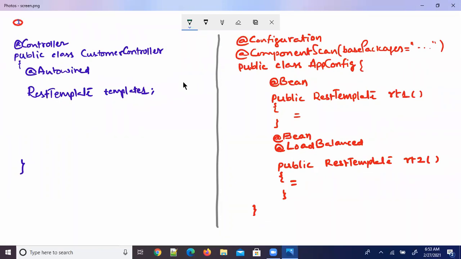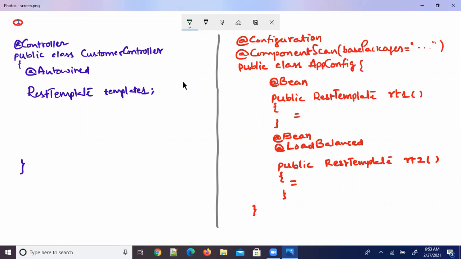When I'm writing the application configuration, then I found that there is a chance of getting an ambiguity, because two RestTemplate objects are registered in the container, then definitely there is a chance of getting an ambiguity at autowiring. And at configuration time, I came to know.